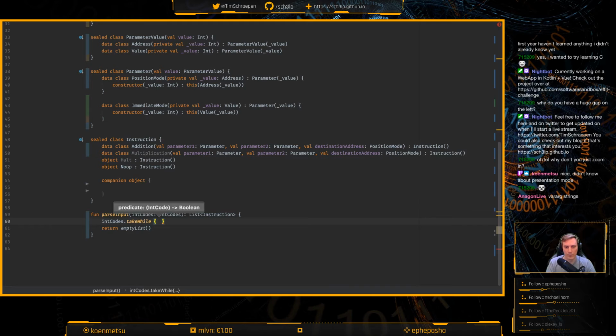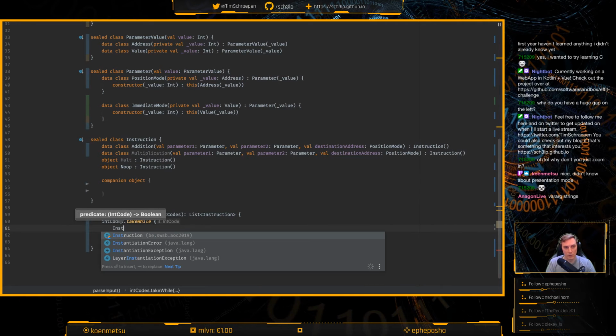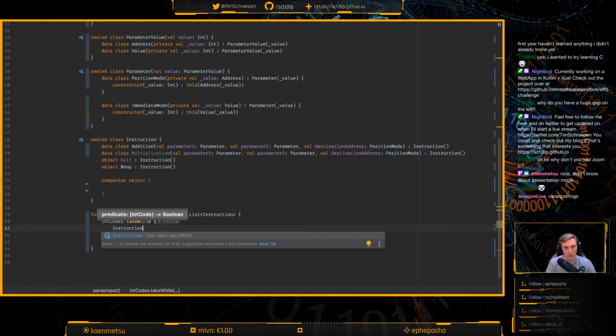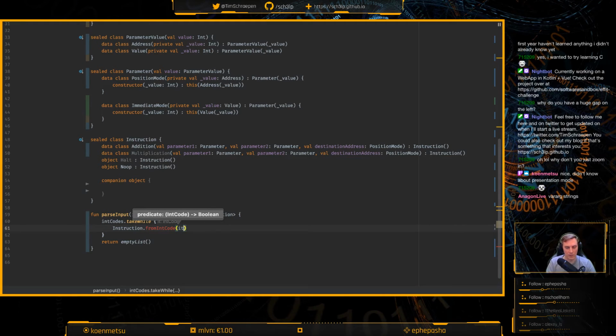Right? So this is maybe it should be a no op or something. Take while instruction from int code it. If there's a no op,